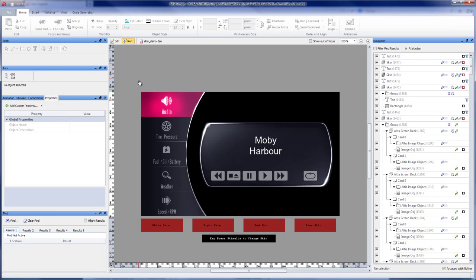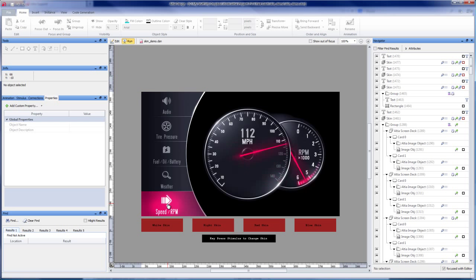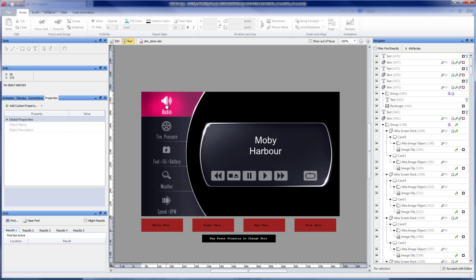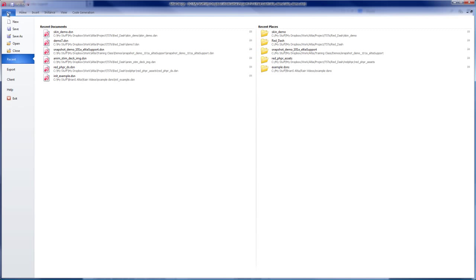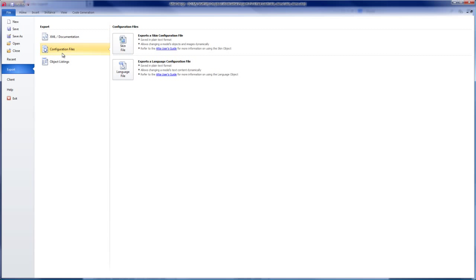You might have seen an interface similar to this one in previous videos, but I wanted to talk about skinning your Altia design GUIs and how powerful that can be. To skin a GUI, you just need to start, in edit mode, by going File, Export, Configuration Files, and